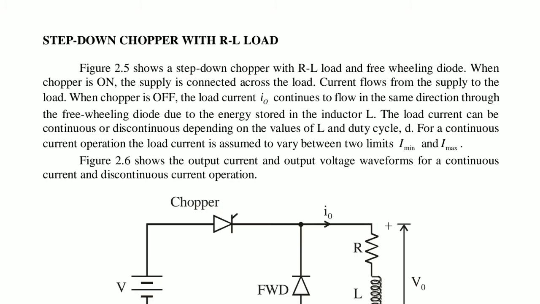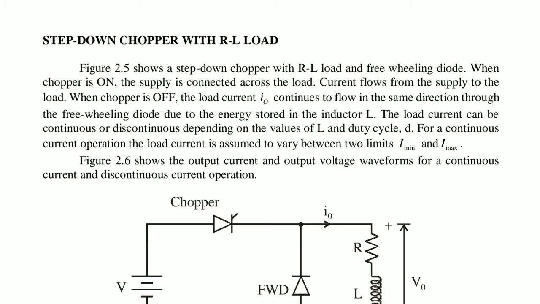Also we have seen one basic diagram of the step down chopper with R load and how we are getting output voltage which has less value as compared to input voltage. The chopper has a DC voltage input, and we are getting less output voltage as compared to the input voltage. So those choppers are called step down choppers. Now we will discuss the step down chopper with RL load.